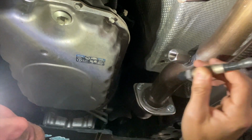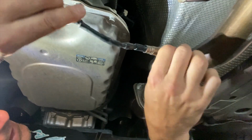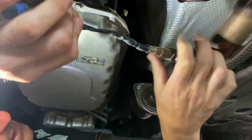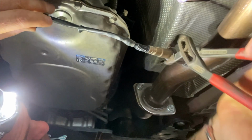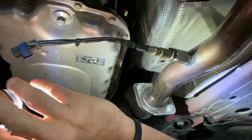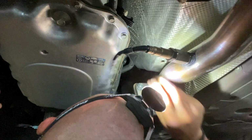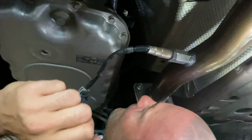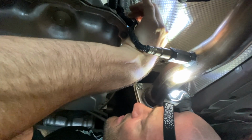All right, well, now we're going to pop the O2 sensor in. Give that a tighten. Yep, that's pretty good. Now, is this going to make it over? Oh, just. Is that the right way? Nope, that's it there. Oh, look at that. Jeez, it's tight. That's tighter than I'd like it, but